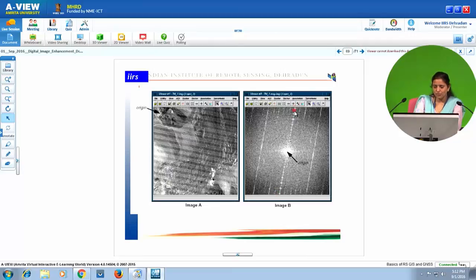So we can simply use a wedge filter, cut this portion and replace it with other values, so that these frequencies are replaced. When the inverse Fourier transform is carried out, the striping is not there.